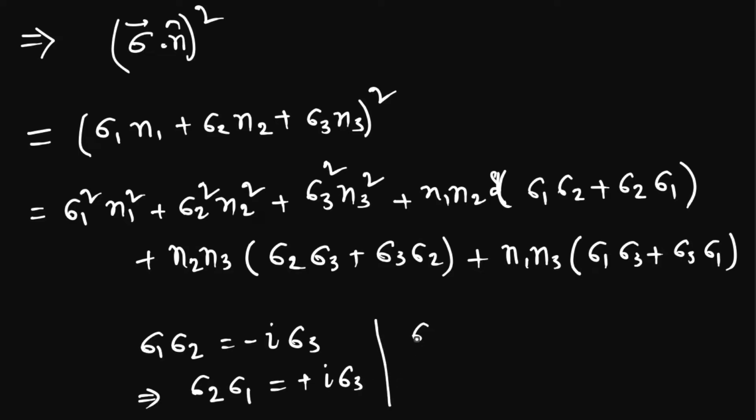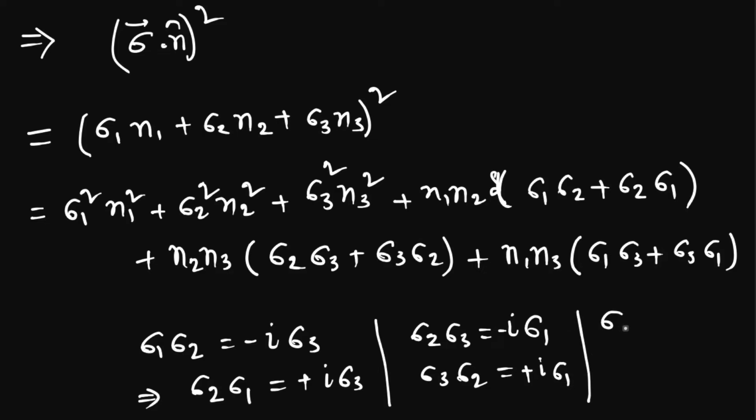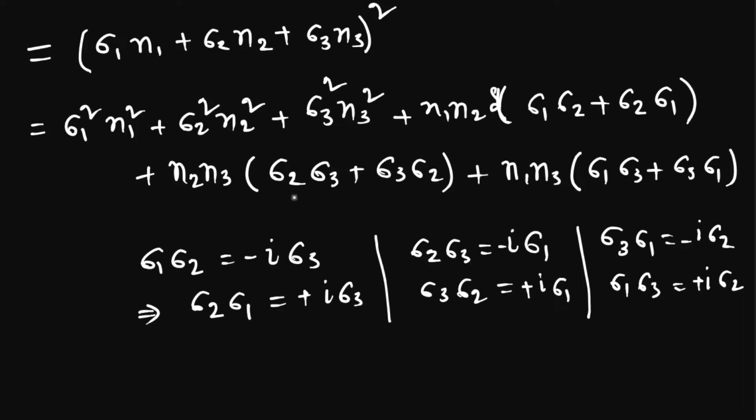That means sigma 2 into sigma 3 will be i sigma 1, and sigma 3 into sigma 2 will be minus i sigma 1. Sigma 3 sigma 1 is equal to minus i sigma 2, and sigma 1 sigma 3 will be plus i sigma 2. That means this term will be equal to 0,